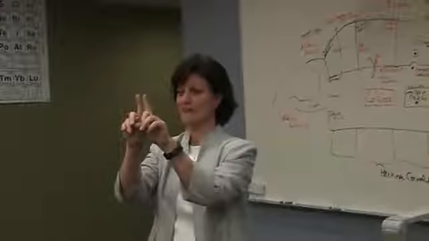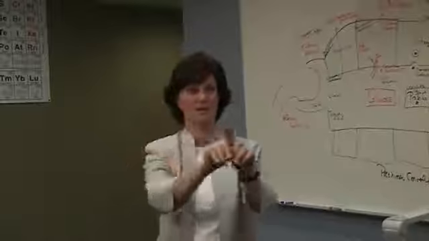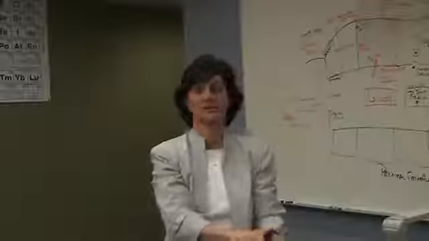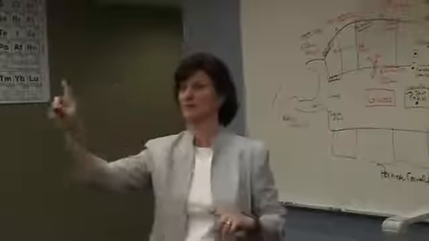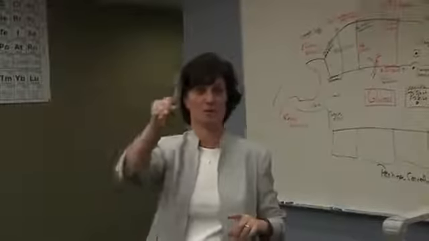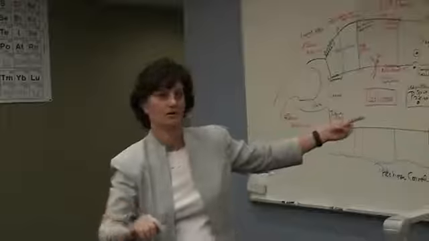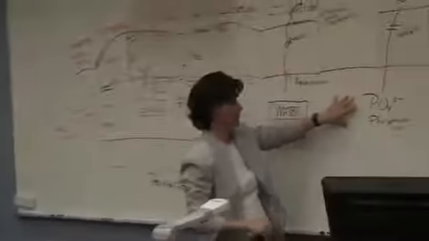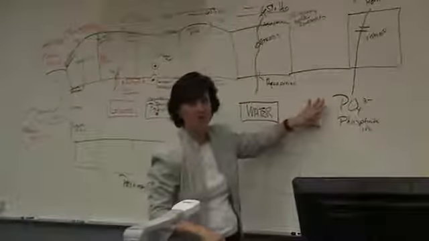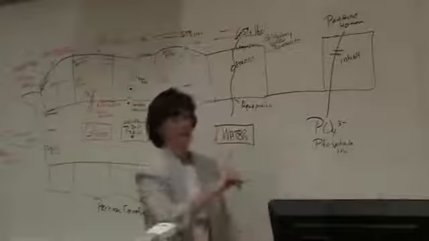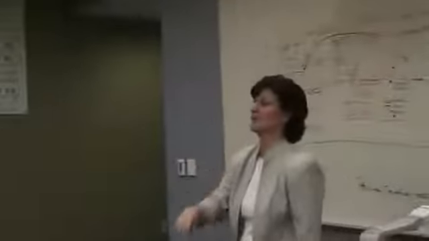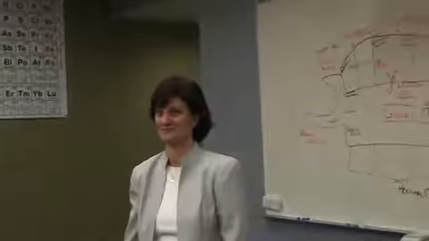If phosphate and calcium find each other in the blood, they're going to go to bed in the bone. So if I want to keep calcium levels up in the blood, which is the problem with low blood calcium, I've got to get rid of its partner. So we're inhibiting, by way of parathyroid hormone, the ability of phosphate to be reabsorbed. We lose that phosphate in our urine, and that lets more calcium be free in the blood and continue to circulate. So that's why it has to inhibit phosphate.